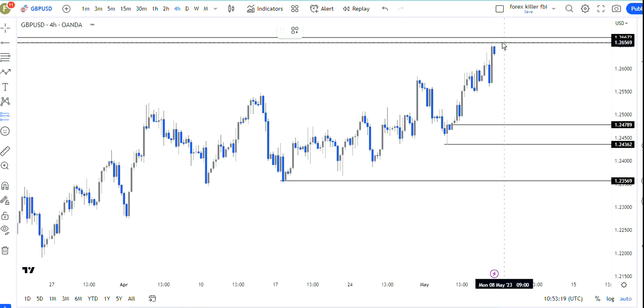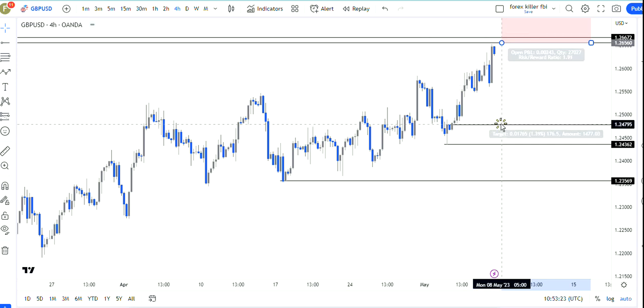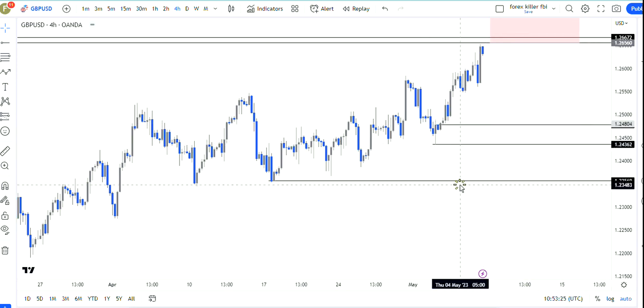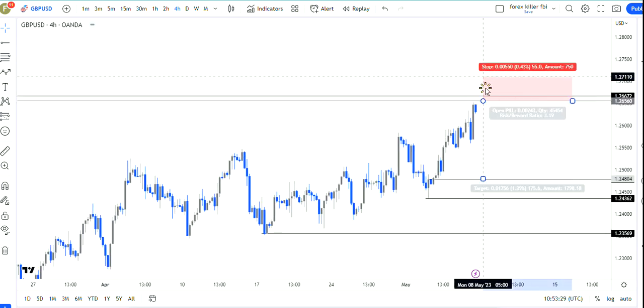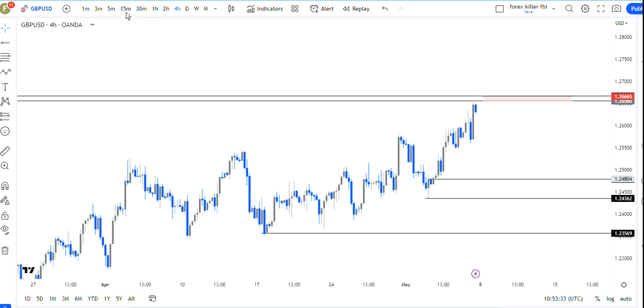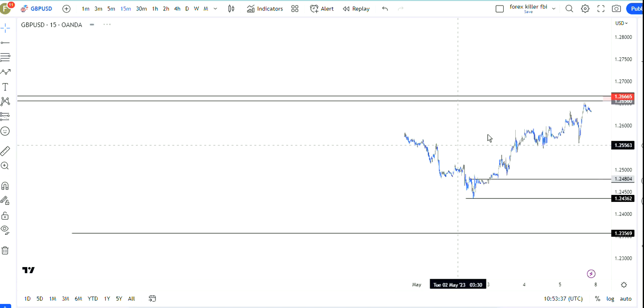Our sell entry will be up there, then we will be moving until this point here. Alright, and here, then let us see what is going on